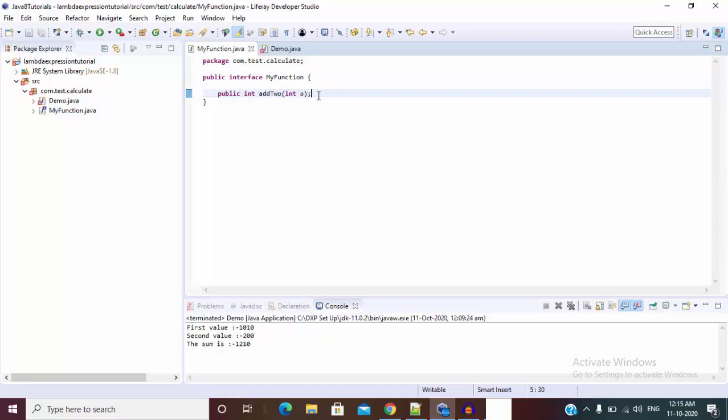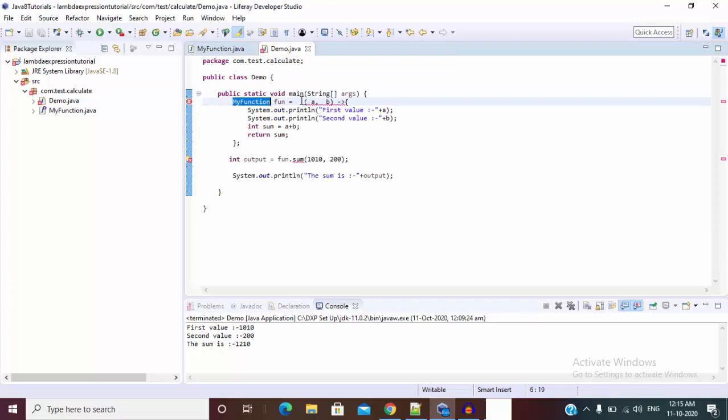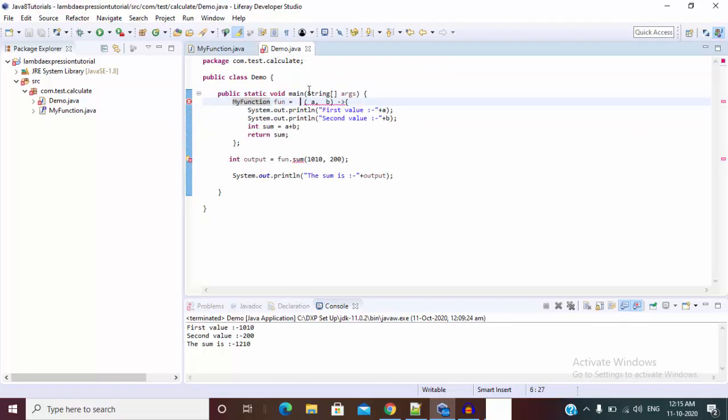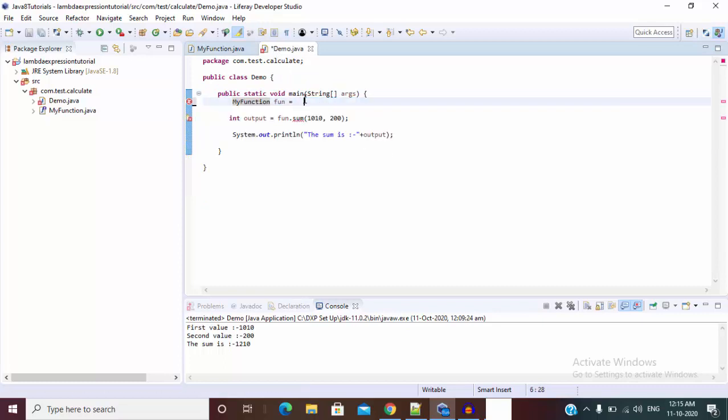This method did nothing, we just add some value to this argument, like we add 2 to whichever value is passed. So let me just remove this. As you can see, it will provide us an error because now we have a method that contains only one argument.